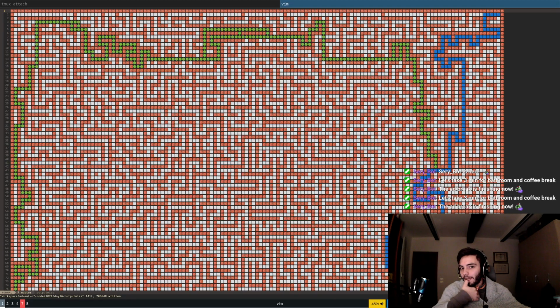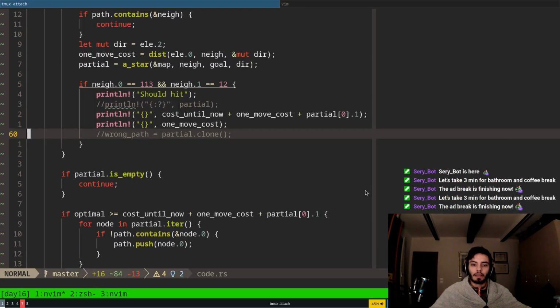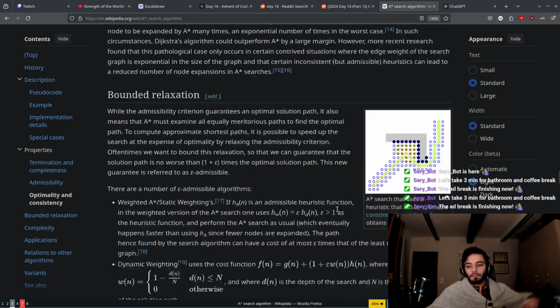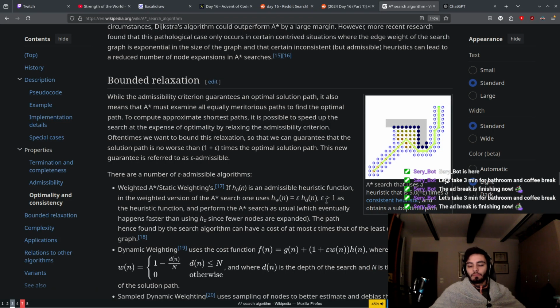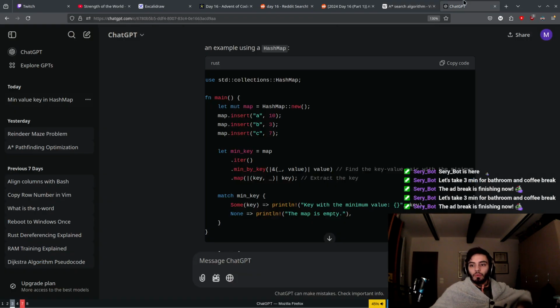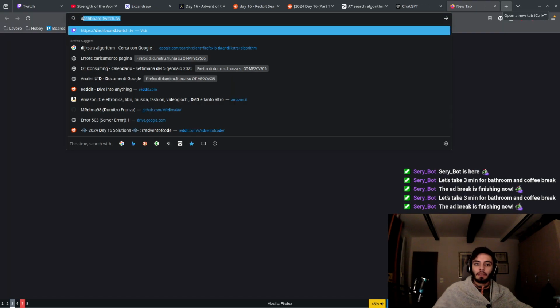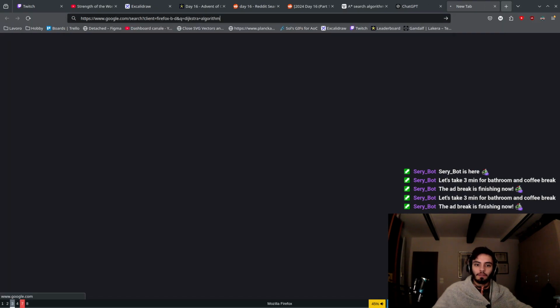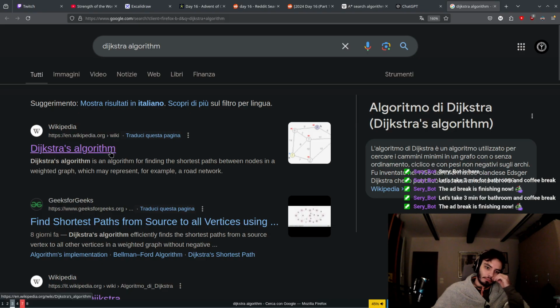I could penalize horizontal movement. That might help. But this all feels like hacks. The only way that I could 100% know that I'm messing up is if I go full Dijkstra,